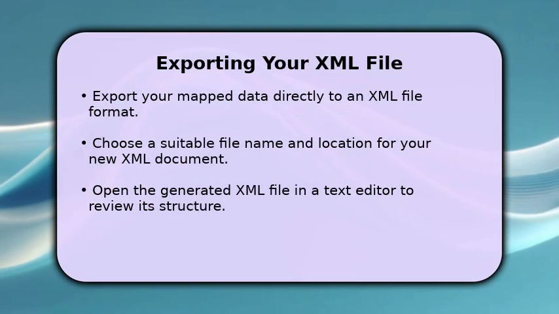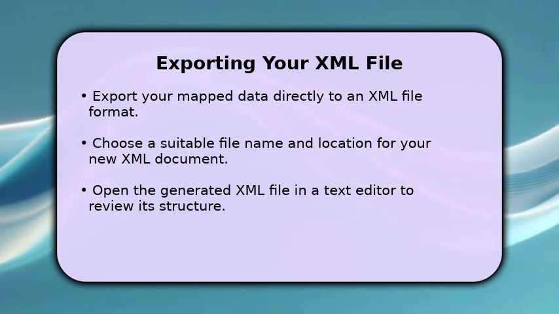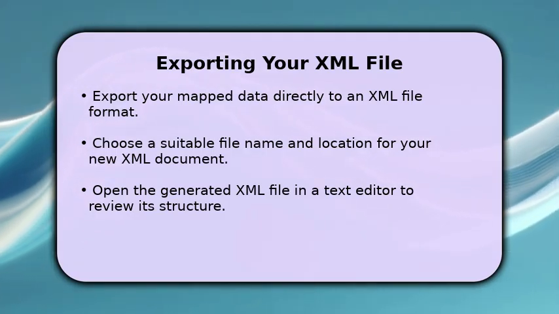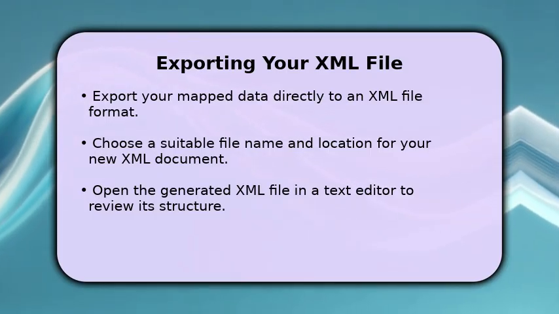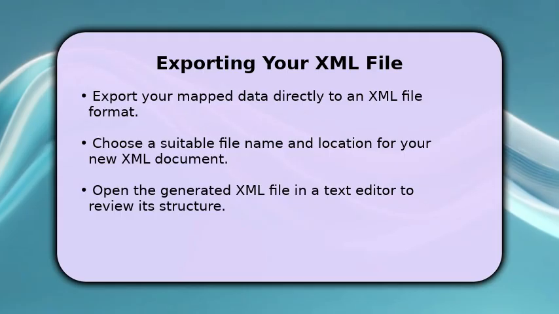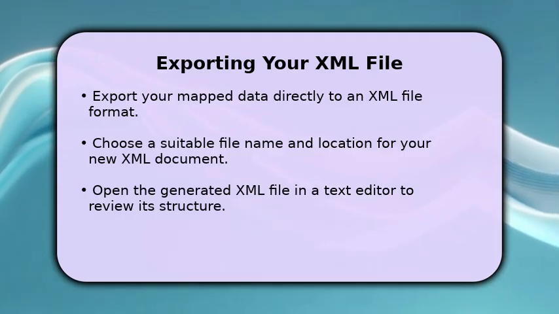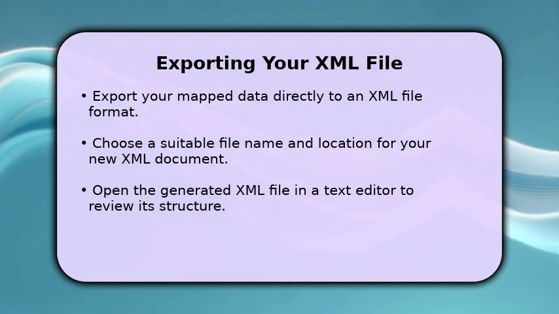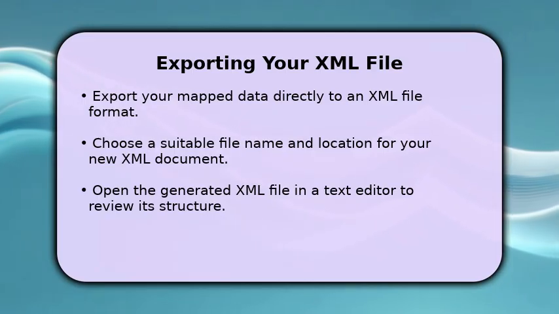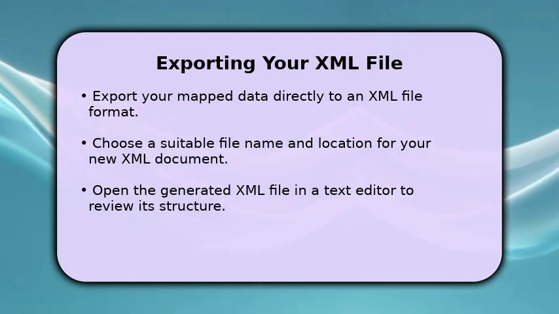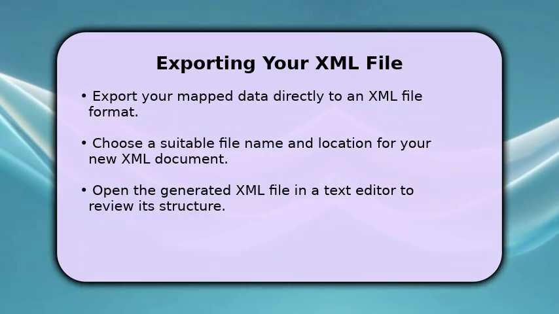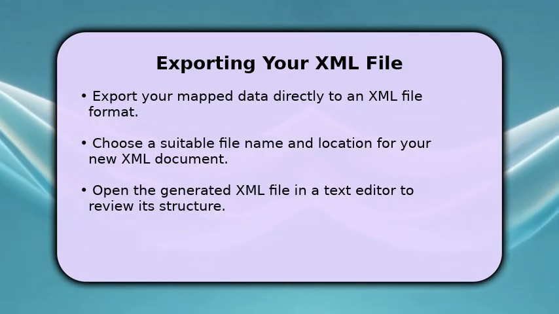Once your data is mapped, exporting to XML is straightforward. Navigate to the Developer tab, then select Export within the XML group. Choose a clear file name and a convenient location to save your new XML document. After saving, it is a good practice to open the XML file in a text editor to visually inspect its structure. For robust applications, validate the XML against its schema to confirm data integrity and